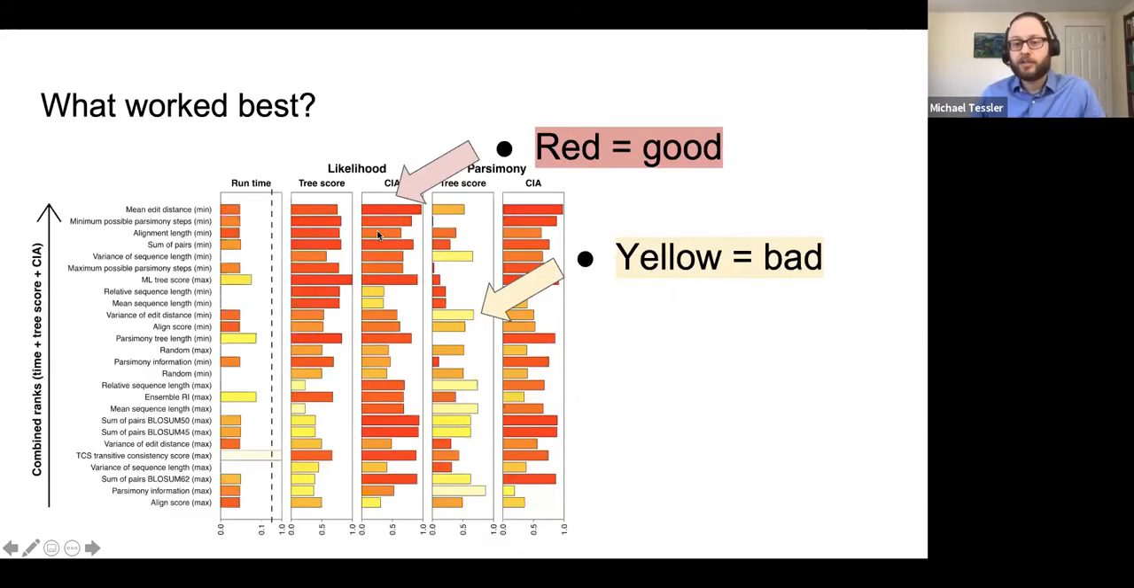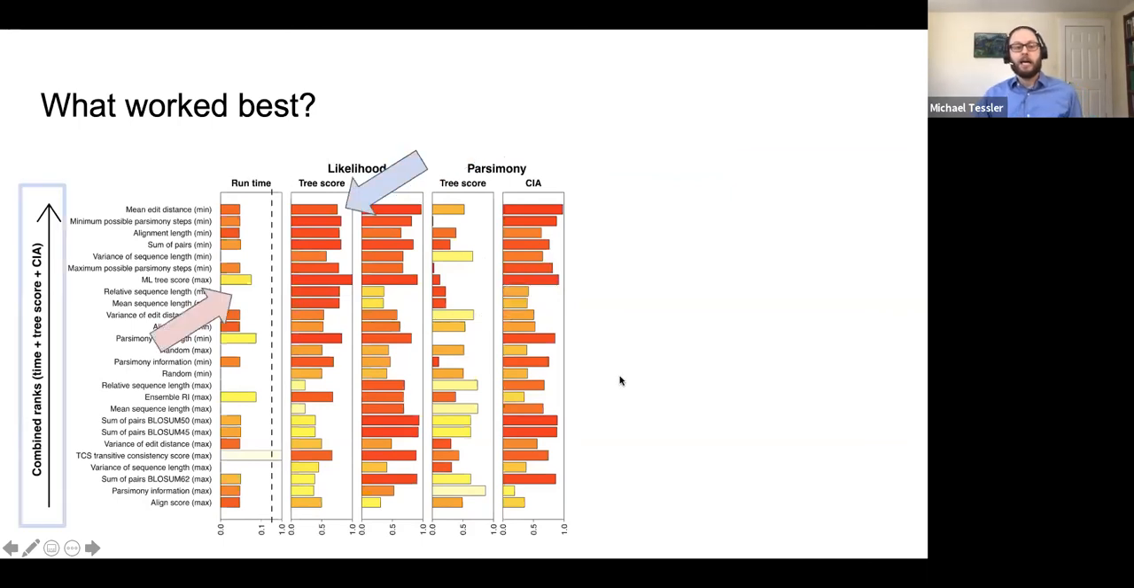So what worked best? In this case, red is good, yellow is bad. So here, for runtime, you want it to be as fast as possible because these analyses take forever, and red is good. So here, very little would be red, whereas for something like tree score, the larger it is, the better it is, right? You want a high tree score, at least for something like likelihood. You want the opposite in parsimony. So a little bit confusing, but the main point is between all the metrics that we ran, what we find